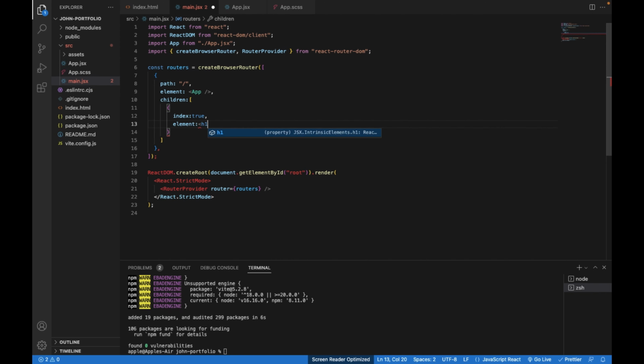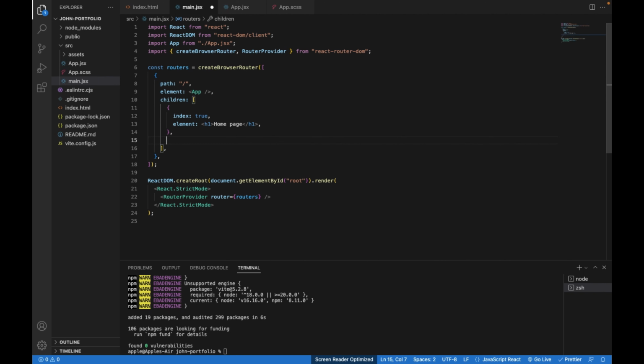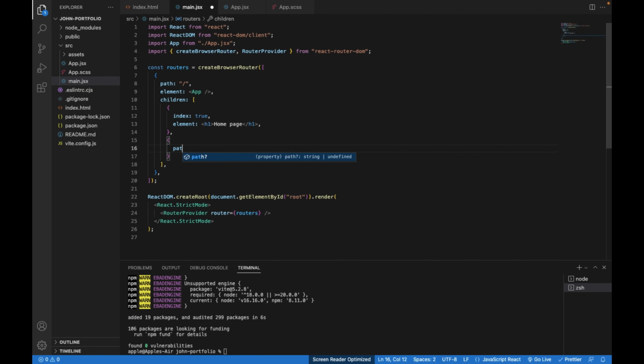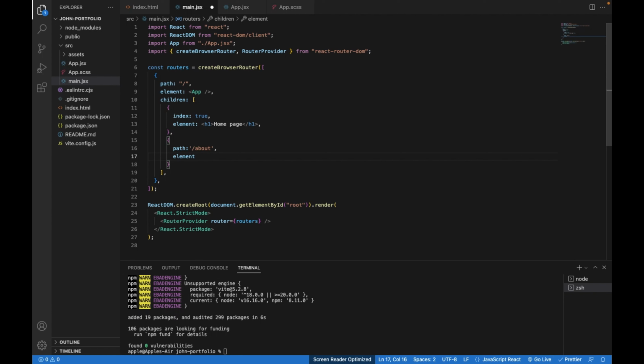So I will quickly render some JSX here. So home page, and likewise I can write another one for the about. So here we need path which is slash about, and element I can write